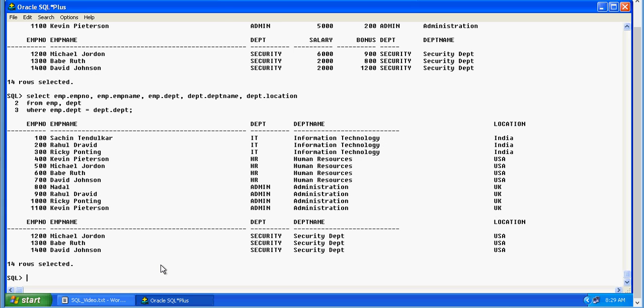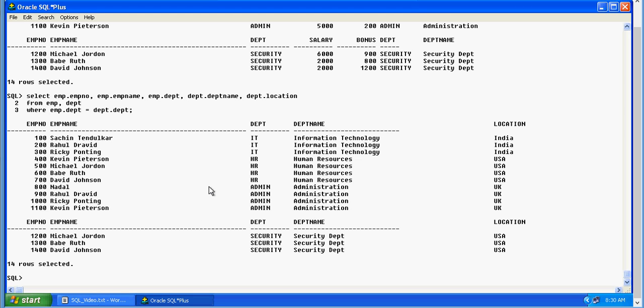Now I want to find out how many employees are in the location India or US or UK. So I'm going to write the same SQL again when we had the group by. Let's see how to write it. So I would select, I want to find out location. Location is part of department table, you can see from here.